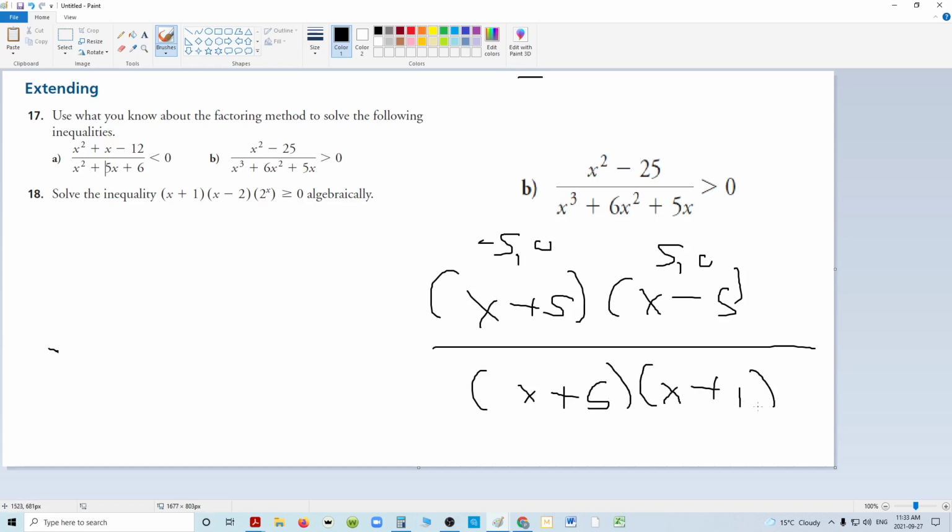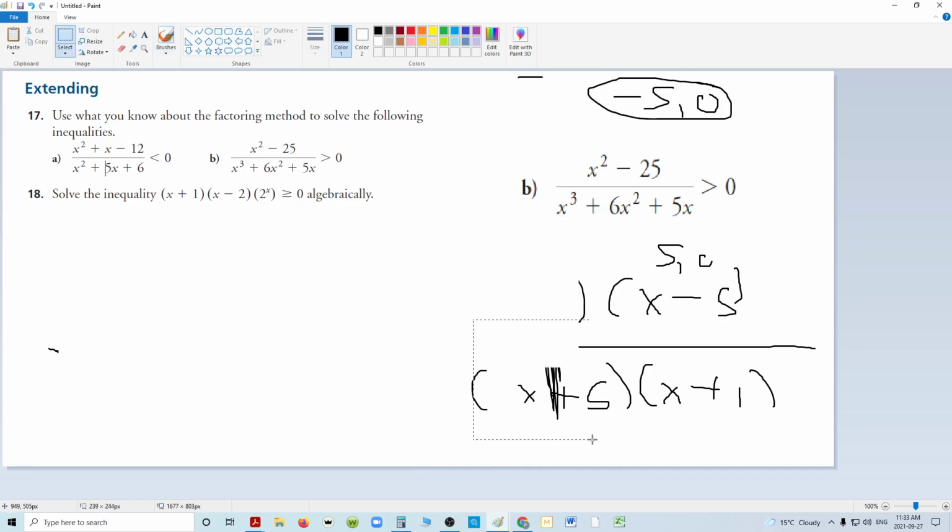Now, right away, I can say, okay, it doesn't cross the x-axis. There's a hole there. But I will have to remember that -5, 0 would normally be an x-intercept point. But as for what this graph looks like, you would draw here,